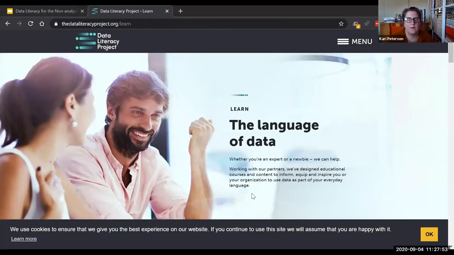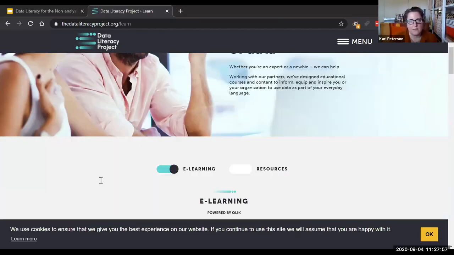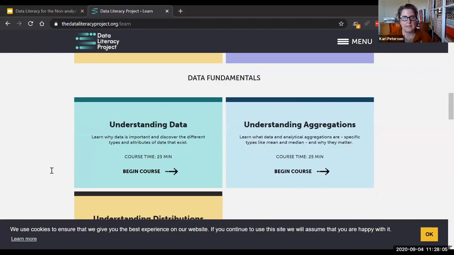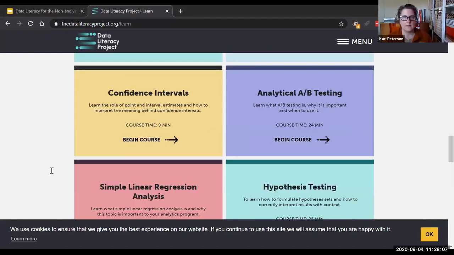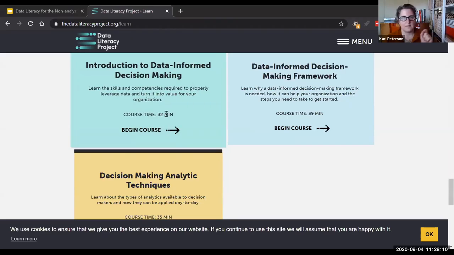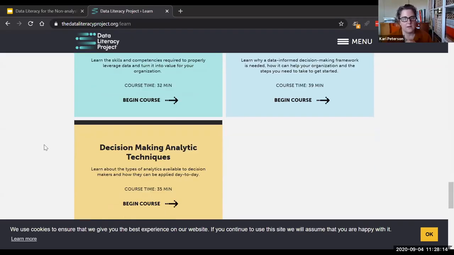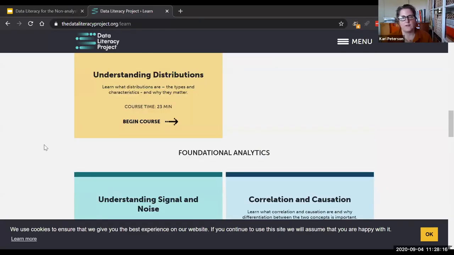So the assessment is here on this web page. I'm not going to reload it because I might lose it, but they have this whole section of little modules to learn specific ideas, and it goes from overview all the way through to highly specific things. And there's a little thing in there that says how long it'll take to learn it, so it's very manageable. And the data literacy project itself is